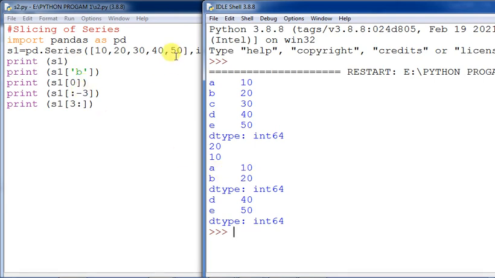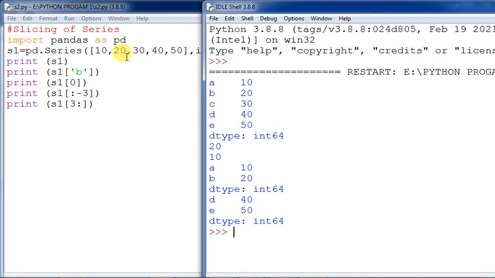So minus 3 means minus 1, minus 2, minus 3, that means these three data will not be printed at all, and then 10 and 20 will be printed. When a negative index is given, you have to count from the right side of the series, that is minus 1, minus 2, minus 3, minus 4, minus 5 in this way. So when you have given colon minus 3, control will come over here, and the pointer will start printing from 10 and 20. So in this way you have to print it.